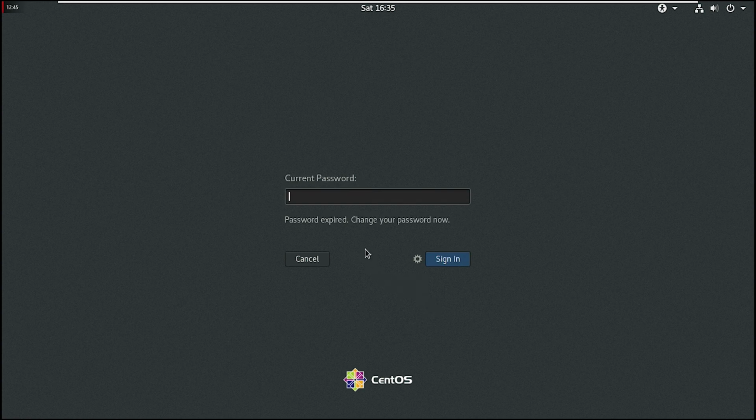Now we can see the password is expired. So in FreeIPA by default the first set password will be expired and you need to set the new password. So first give the current password now. Next you need to give the new password.